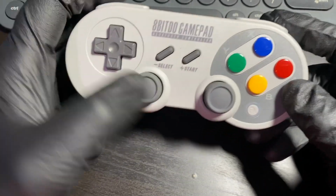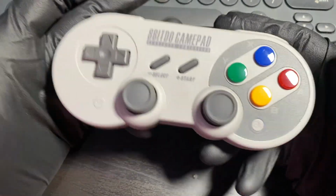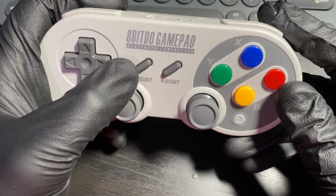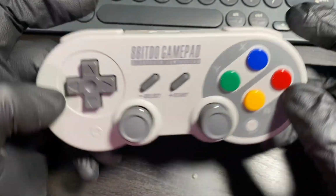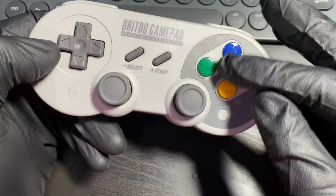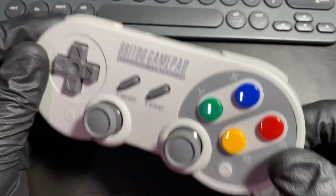It's Blaze2K. I just wanted to do a short little hands-on video about my favorite new wireless controller for the Nintendo Switch. Now, I decided to go for the 8BitDo SF30. The reason I went for this is because, first of all, it looks really cool. It looks just like a Super Famicom, Super Nintendo controller. It's got the Super Famicom colors on there, but it has all the features and functionality you'd expect from a